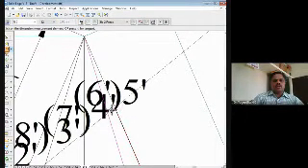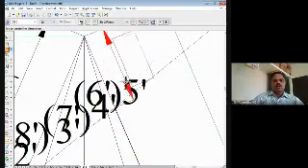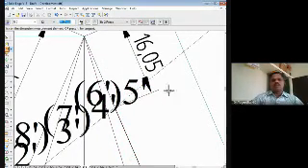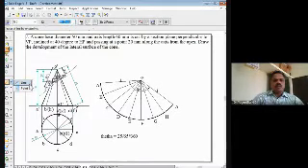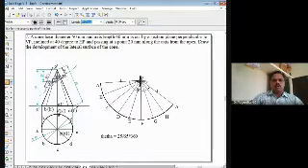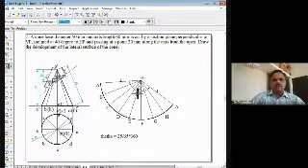This intersection point, wherever it is, you can measure here, that is 16.05, along the edge OE, right? Take the distance 16.05 and mark it here along the edge OE. So that is your point 5. You can mark this point 5 here.